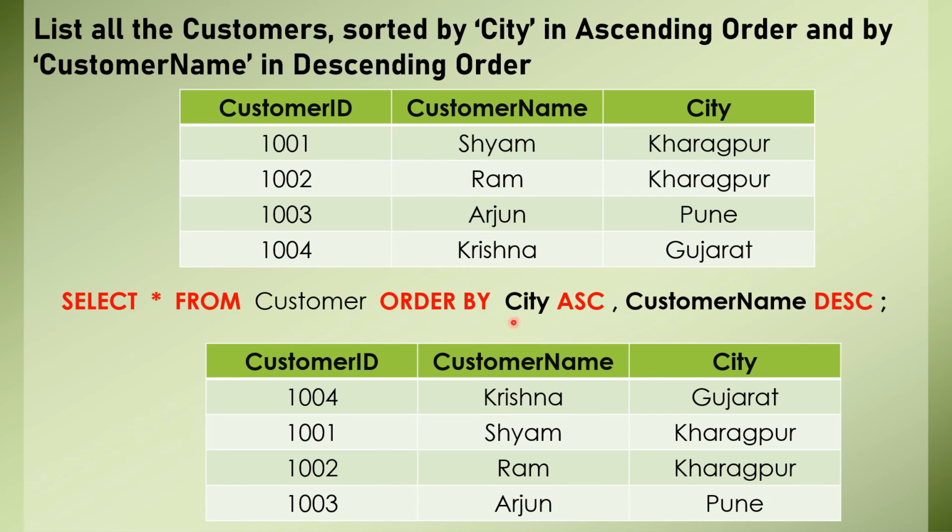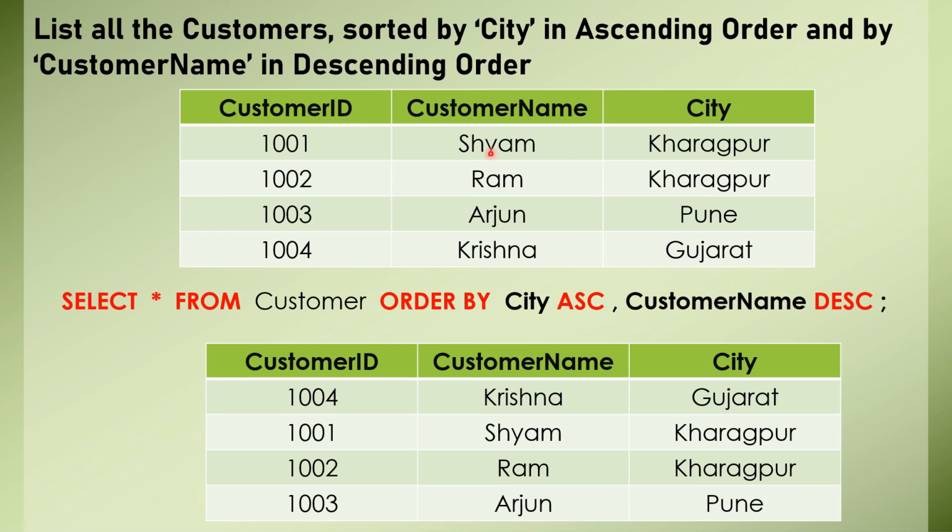So first go to the first column value. Which character comes first in the English alphabet? So G comes, right? So this first row is sorted, so this will be our first row. We need not see the second column as of now, because this G is guaranteed to be in the first row. Now this Kharagpur value is the same for both the rows. Now we will go for the second column, that is customer name, and now we will sort them in descending order. Now you understood the logic, right?